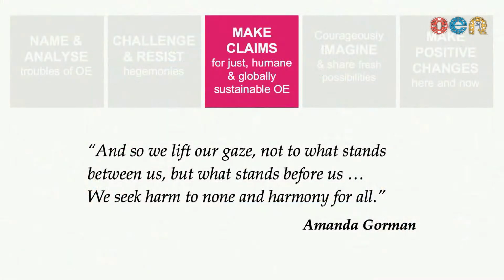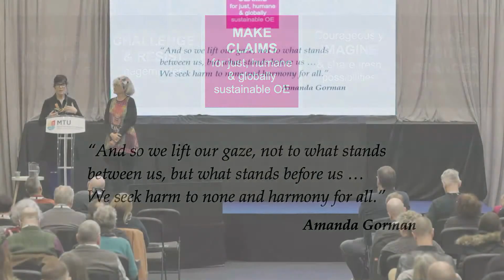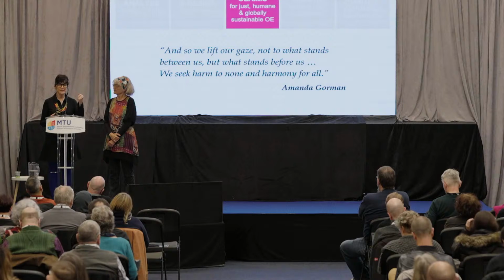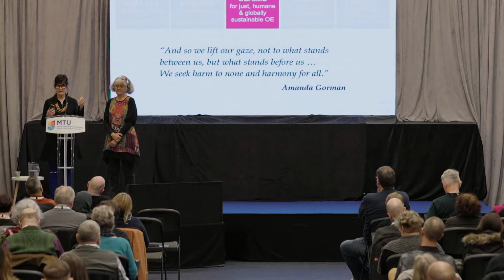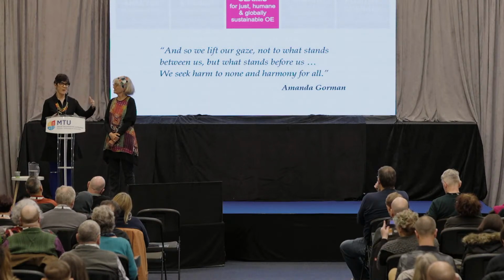Okay, the third tenet is making claims for just, humane, and globally sustainable open education. We borrowed this from social justice work, which clearly makes the case that it's not enough just to resist and protest and adapt, but that if we are leading, we need to make clear claims to what open education can be that can help rally energy around what possible paths to better futures might be. So we have to be clear about what those claims are. And in Higher Education for Good, the themes that came out were just, humane, and globally sustainable. That was kind of the umbrella term for the claims that were made in the book to the good